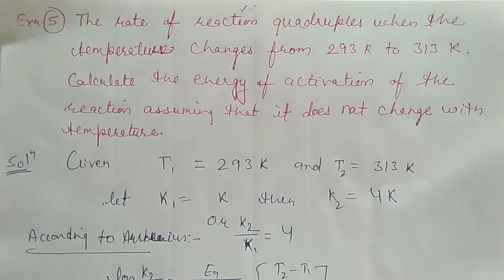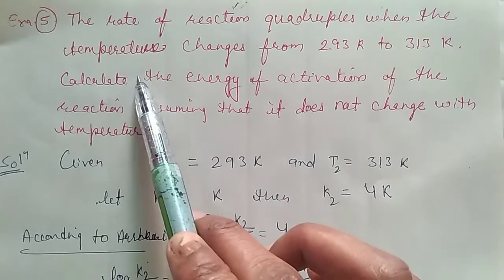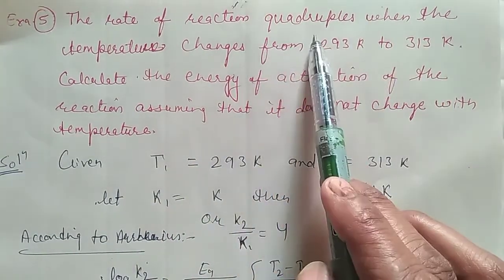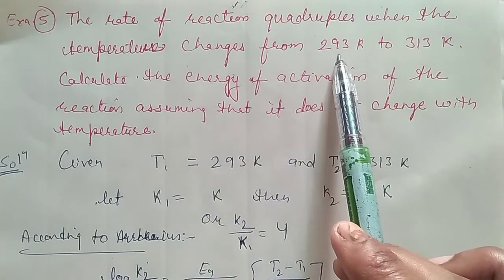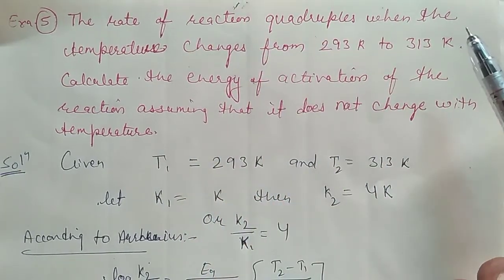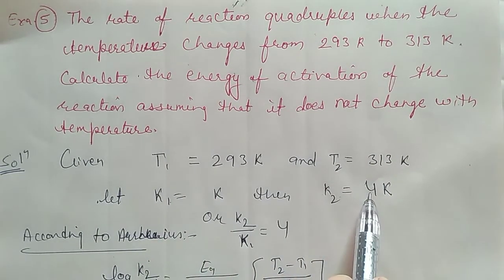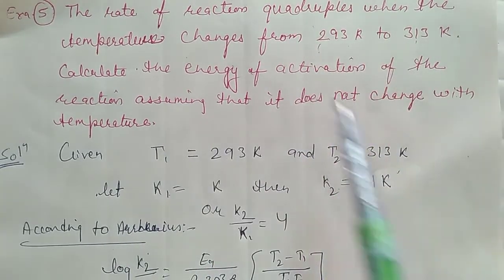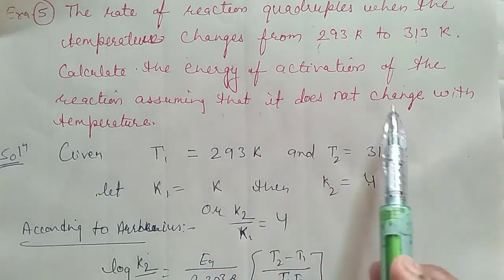Okay. Next example, the rate of reaction quadruples when the temperature changes from 293 to 313. Okay, quadruple means becomes 4 times. When temperature changes from 293 Kelvin to 313, then the rate of reaction is 4 times. So we can say if K1 was K, then K2 will be 4K. T1 is 293 Kelvin and T2 is 313 Kelvin. Calculate the energy of activation of the reaction, assuming that it does not change with the